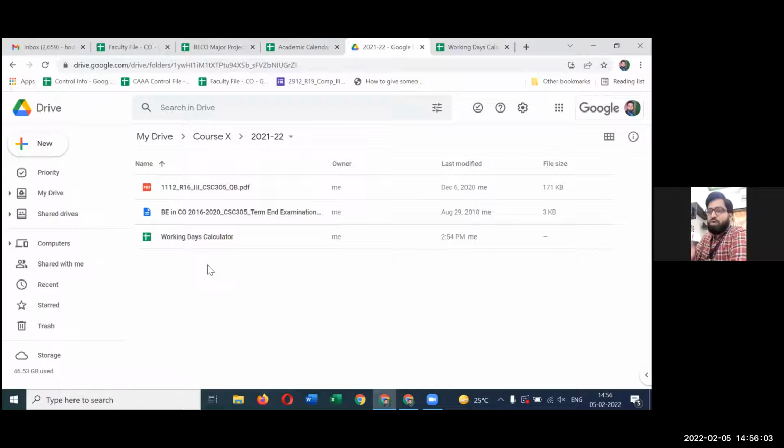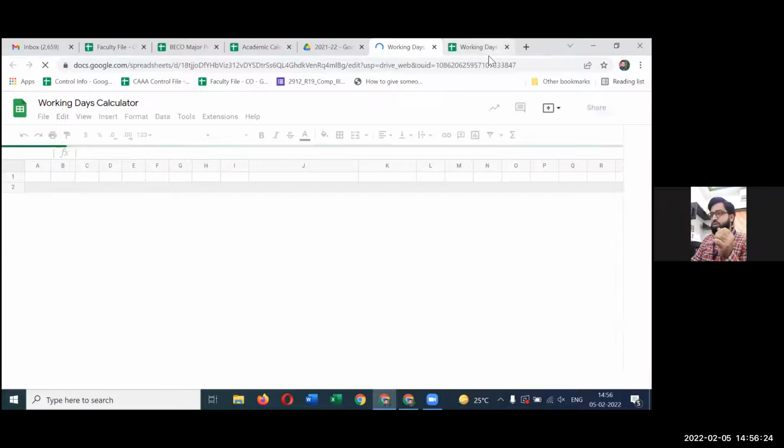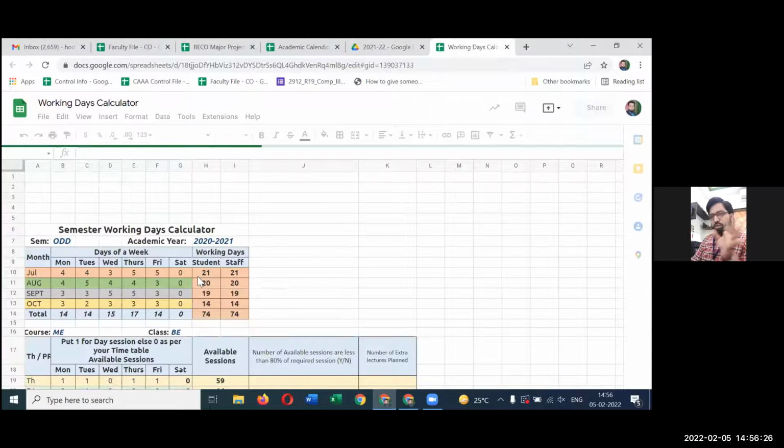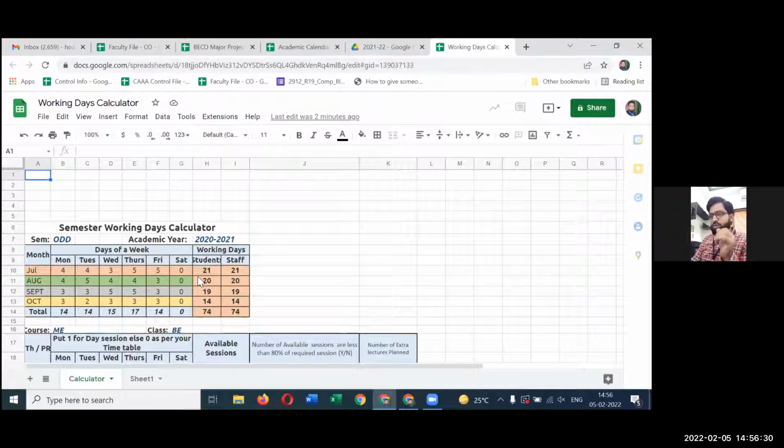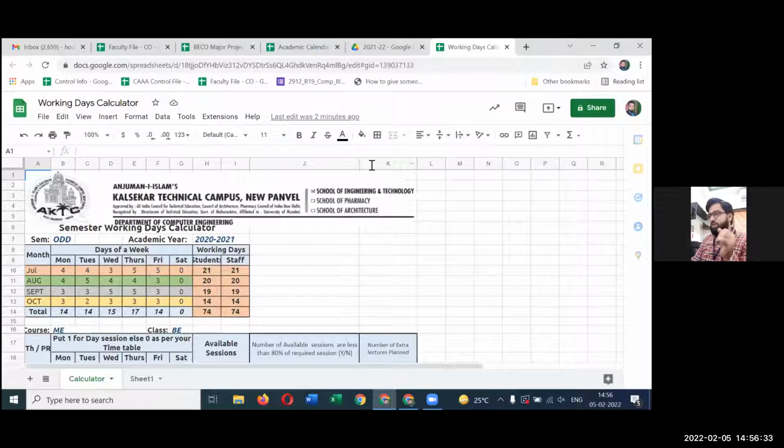The moment I make a copy of it, or convert it into the Google service product, I immediately delete or remove the original. So there won't be any ambiguity, and even by mistake I won't update the data of that file. Whenever I update data, I will be updating the data of my Google Sheet. So now I can open my Google Sheet, working days calculator, and easily work on it. जैसे कि हम Excel के ऊपर काम करते थे, वैसे हम Google Sheet के ऊपर भी काम करेंगे. Fine.